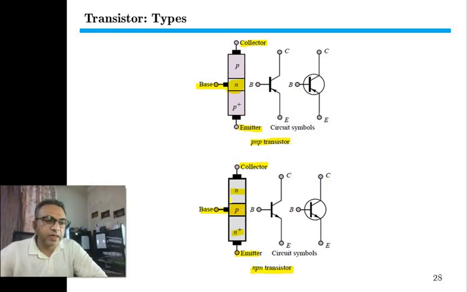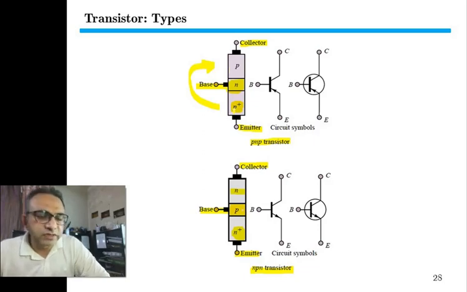And the second thing that we would like to note is that in both cases, at the emitter terminal, whatever the material, either P-type or N-type, there is a small positive sign. If it is a P-type material, there is a P positive, and if it is an N-type material, it is an N positive. Whereas if we look at the PNP transistor, the emitter has P positive or P plus, whereas the collector does not have P plus.